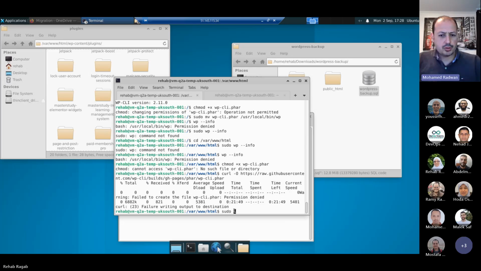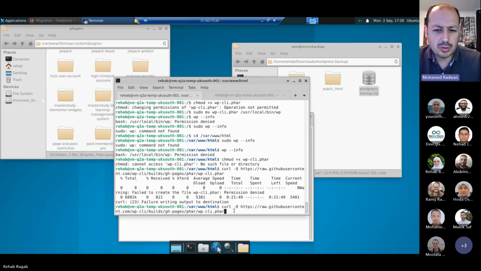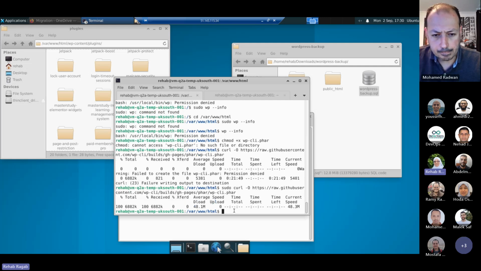Yes, this is for using sudo, but that's fine. You can download it here and we can delete it later from here even. I did this step before, but I don't know what happened. Okay, so